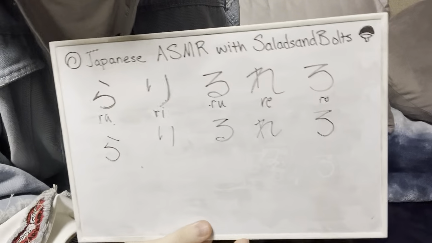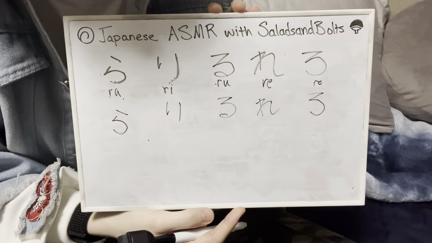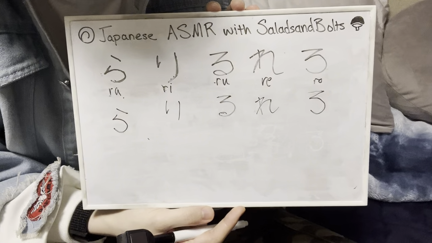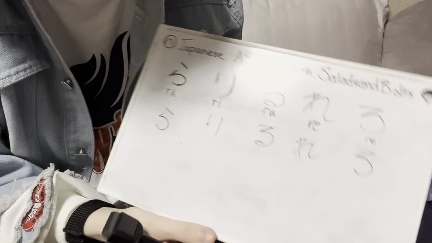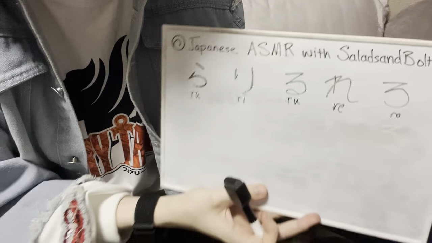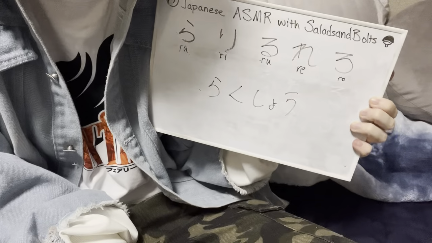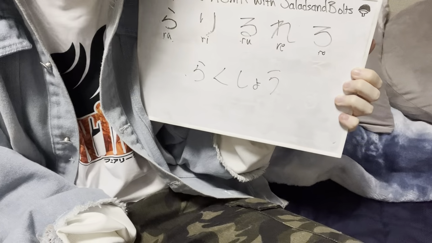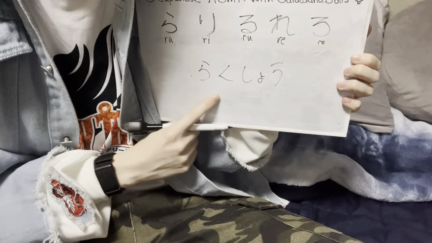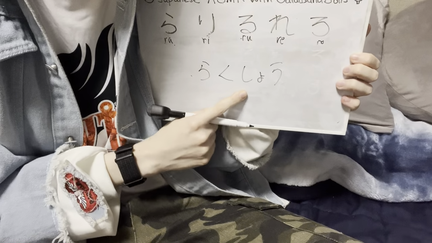So that's all your letters. Now it's time to get into the words that go with the story. First up, we have... Can you read it? Ra, ku, sho,